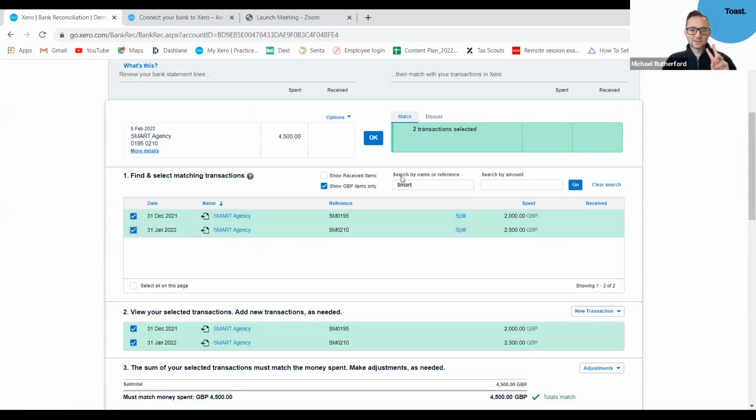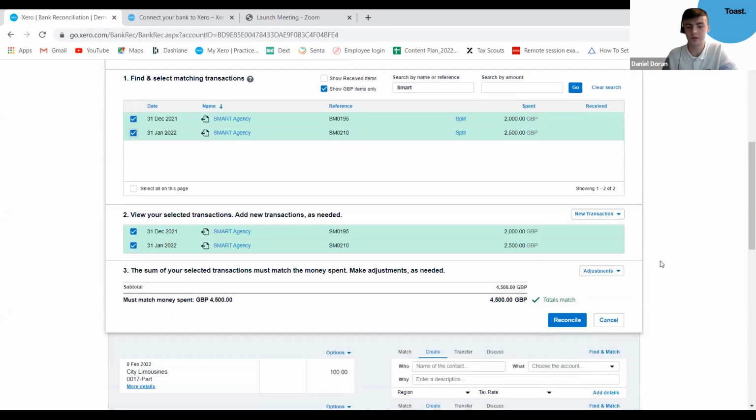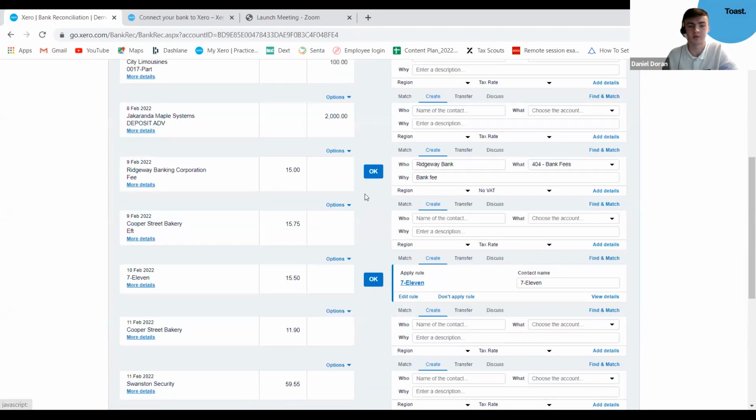So in this instance, it's across two invoices, and the client or the customer has just paid it in one transaction of 4,500, but it covers the two. It's just to demonstrate how easy it is to find the actual matches, or if it doesn't match, how to allocate and reconcile that. So on your left hand side, you have your bank statements, on your right hand side, you have Xero, and you can basically work between the two. It just makes it as easy as possible for you. So we can go ahead and reconcile that as well.